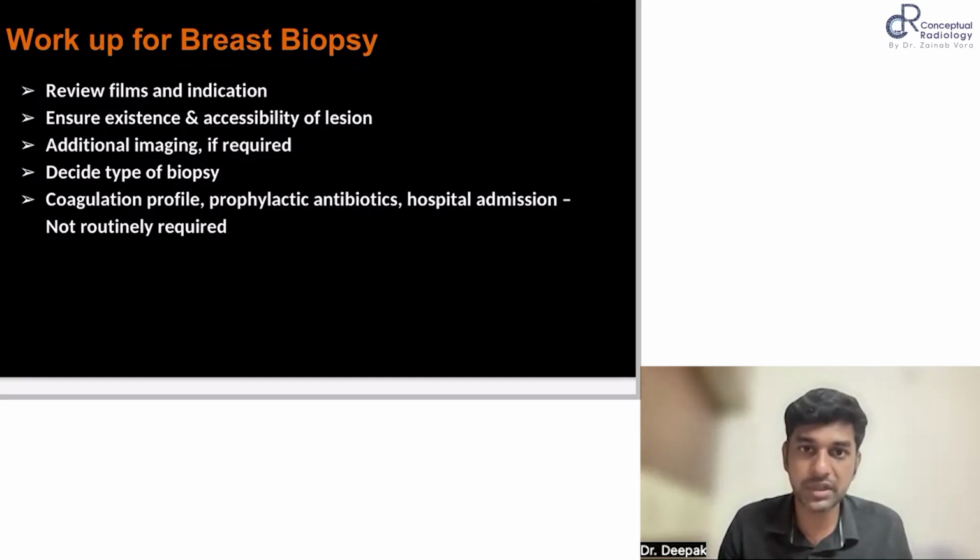Okay, and additional imaging. Whenever you're not sure, and whenever you think that you need additional imaging, you must go for additional imaging. There is no harm in doing additional imaging, and decide the type of biopsy. So whether you want to do